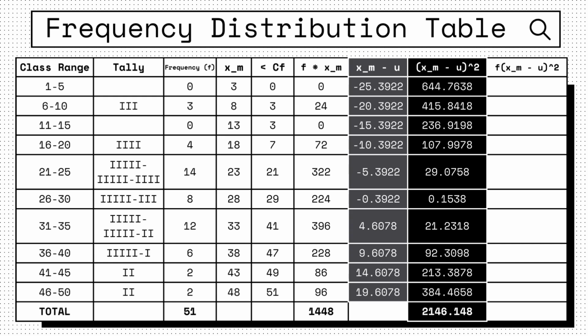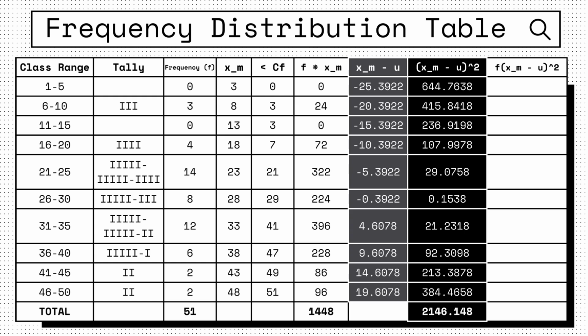For the fifth, we have negative 5.3922 squared, which is equal to 29.0758. For the sixth, we have negative 0.3922 squared, which is equal to